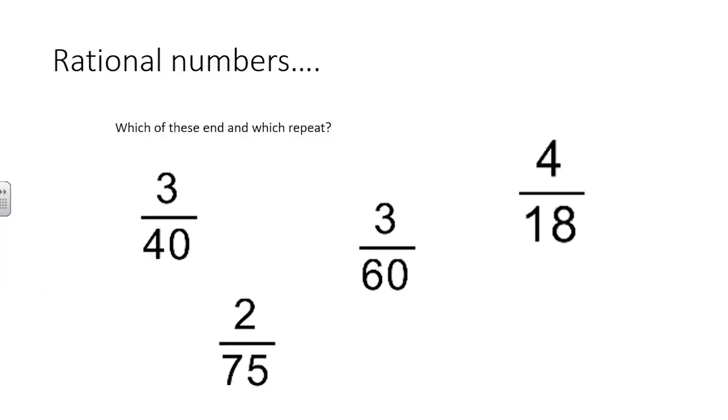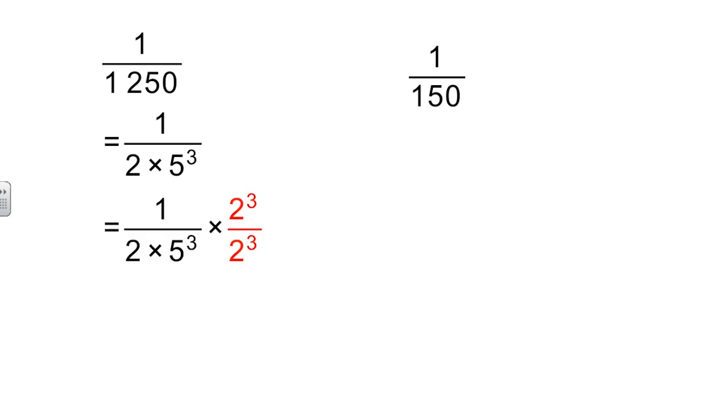Right, so an obvious next question is which of these numbers will end and which will repeat? Well, the secret lies in looking at the prime factorization of those denominators. Something like 1 over 1250, the 1250 can prime factorize to 2 times 5 cubed. Now, 2 times 5 cubed we can make into some